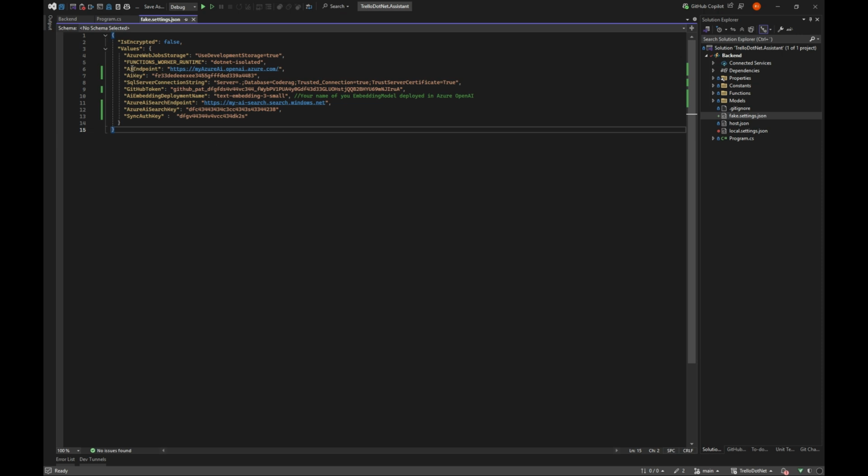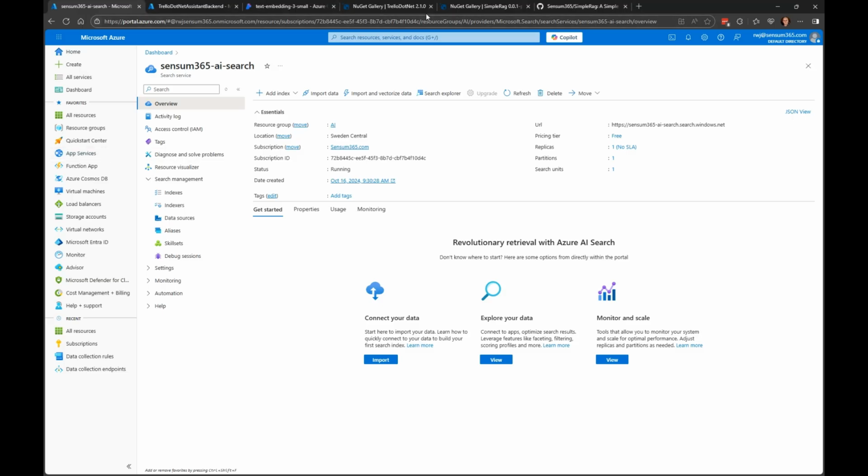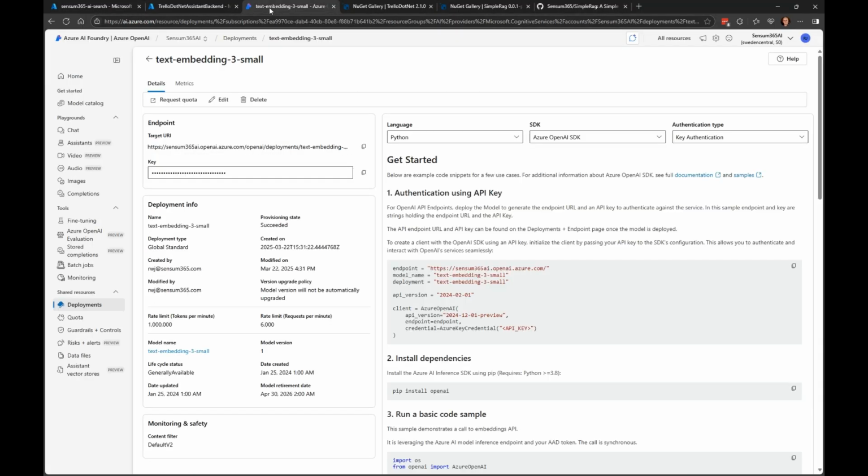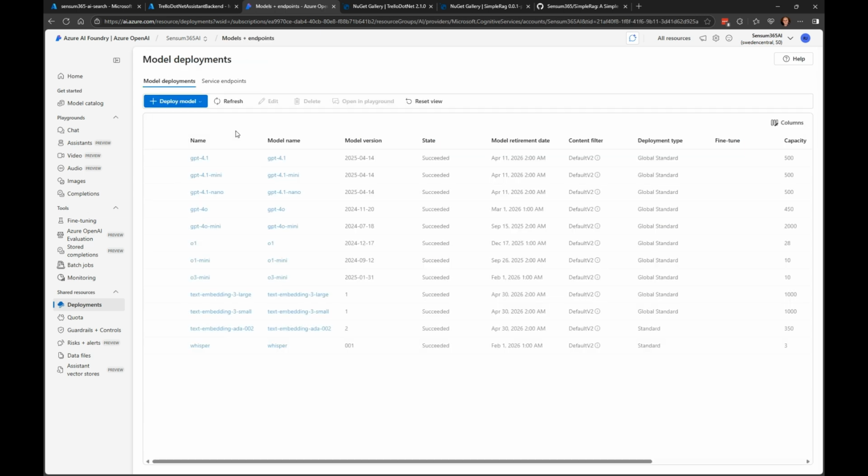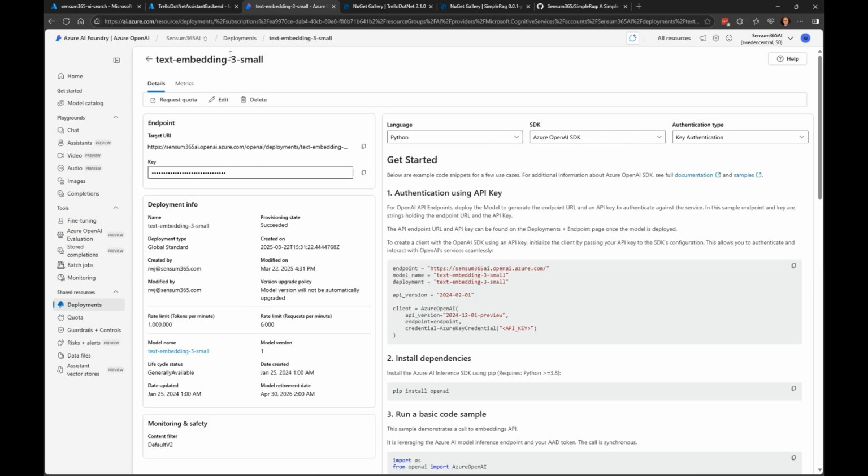But what we need is an Azure AI endpoint, like we have done with all the rest of the things. And while you can put all the different models and stuff in here, the only one we really need is a text embedding, and I'll use this one, text-embedding-small, because it works with more or less every single vector store out there in the world. So that is one of the services we need to use. If you don't know what this is, see some of my other videos.